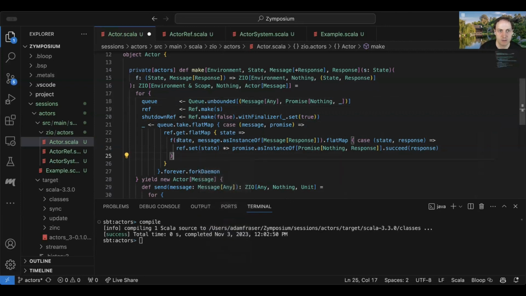Yep. So again, to my point I made with Juan, think about why you have the scope. What the scope represents is that when the scope is closed, we're going to set this shutdown ref to true. And so now I think an easy way to do this, let's see, I think we could do repeatWhile ZIO.